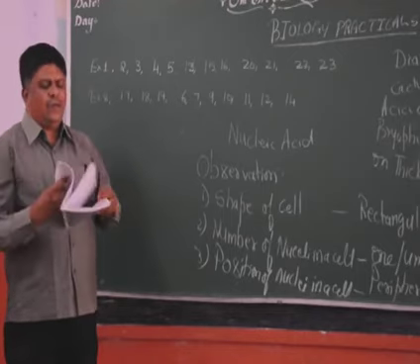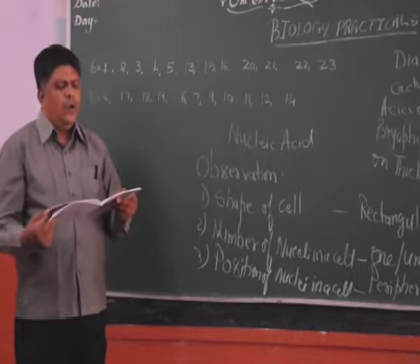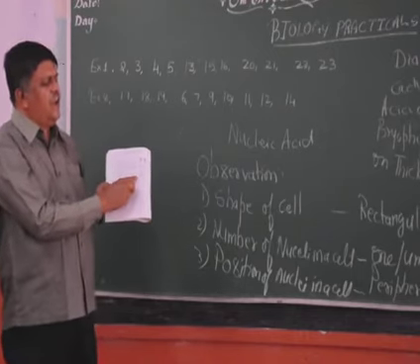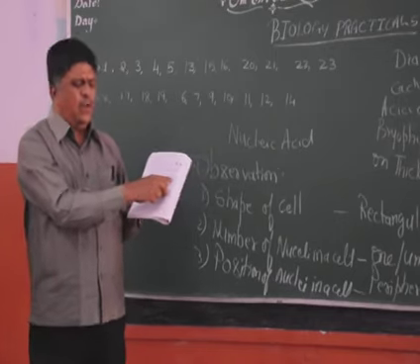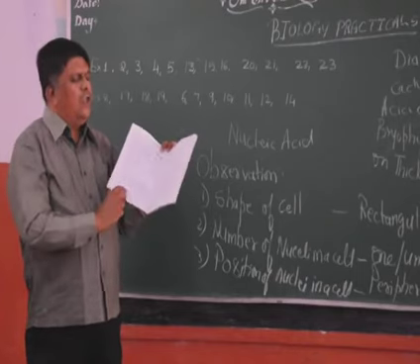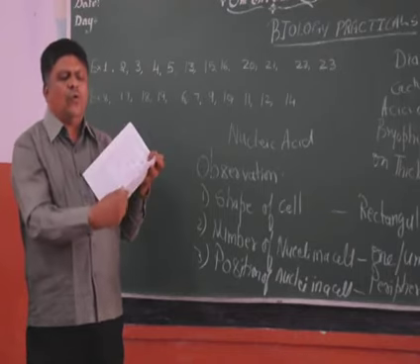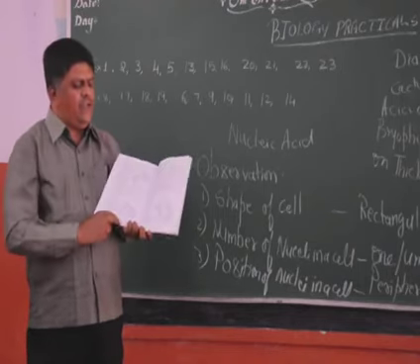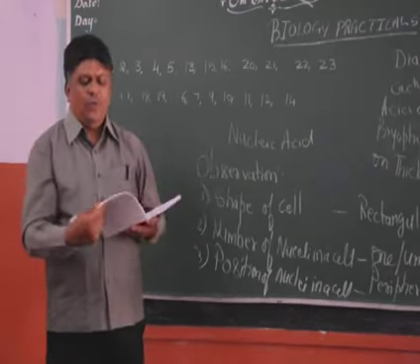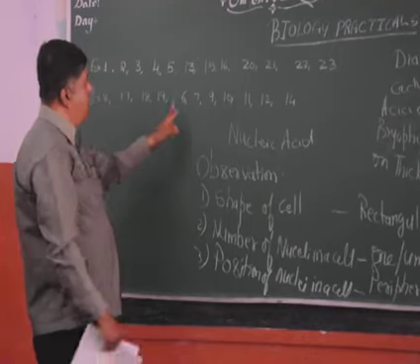Then pedigree analysis, the next exercise, that is 19. You can write the aim, principle and requirement on the first page, and on the thick sheet you can write the symbols for the pedigree analysis. Then you can take one pedigree chart, or if convenient you can go for two pedigree charts and the corresponding note. So try to write as per your convenience, but remember more than two pedigree charts should not be there in a single page. So if possible, restrict to a single one. And after that you have the soil experiments.